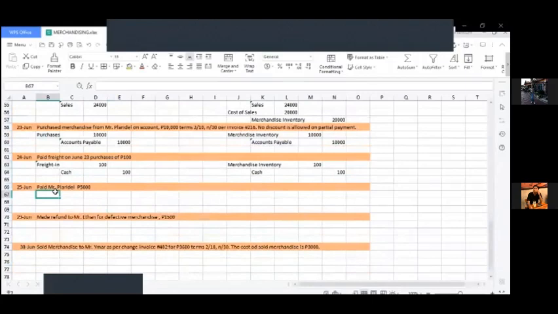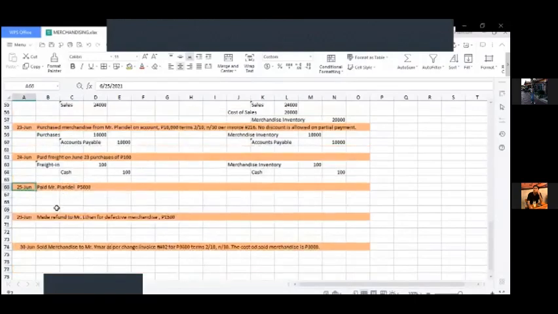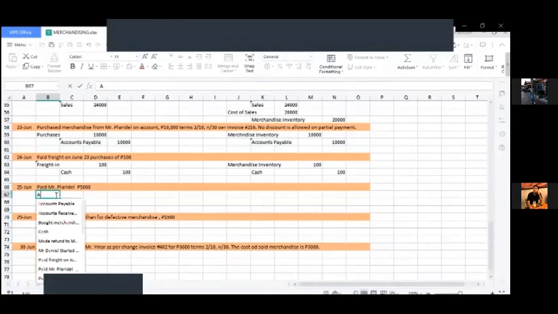So, noong June 25, paid Mr. Plaridel 5,000. So, sino si Mr. Plaridel? Yung pinag-purchase natin ng merchandise. So, 5,000 daw yung binayad natin. And nakalagay dito na walang discount kapag partial payment. So, ano yung magiging entry natin? Accounts payable and